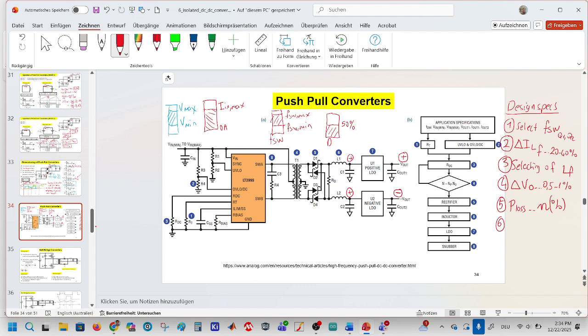And then it was the selection of the drain source voltage of Q1 and Q2. We have extra features in this DC-DC converter, which are under voltage, low output, over voltage output, and the turns ratio. The turns ratio is important